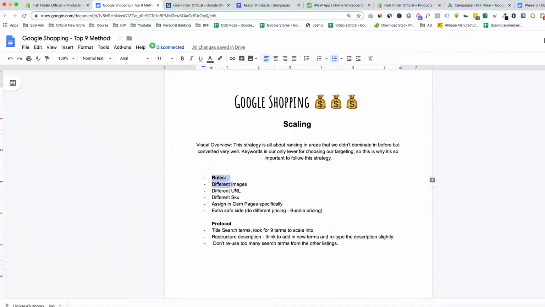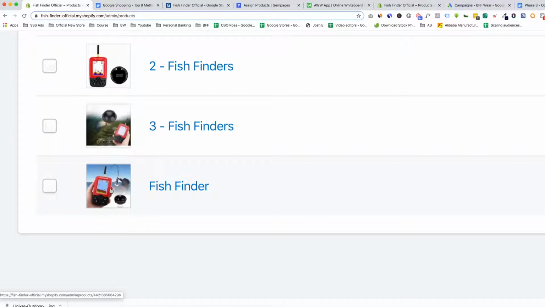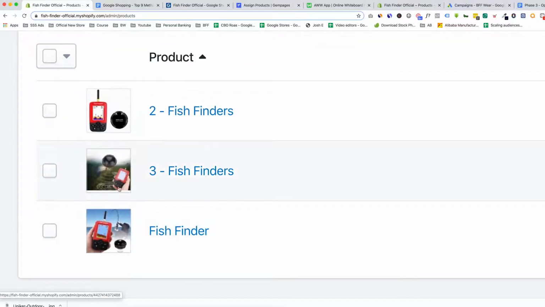Okay, so let's now go over the setup inside of Shopify on how we have to do this. The first thing I want to cover is the different images we're going to be using for the product. What I mean by that is I want to have three different images, well, two different images. We have this one right here. If I zoom in, this one is the original one. This is one that I found using the method of custom content. I found this one and this is a really good image and it looks a little bit different, but